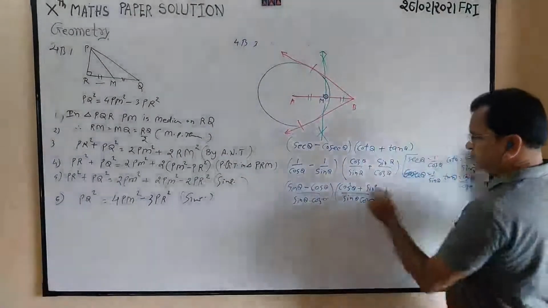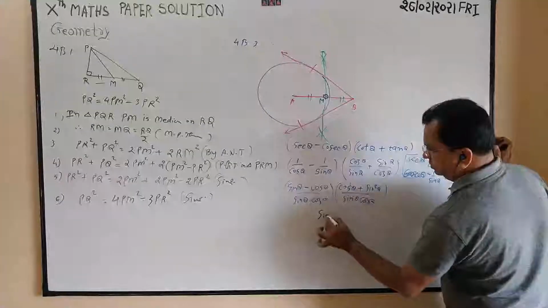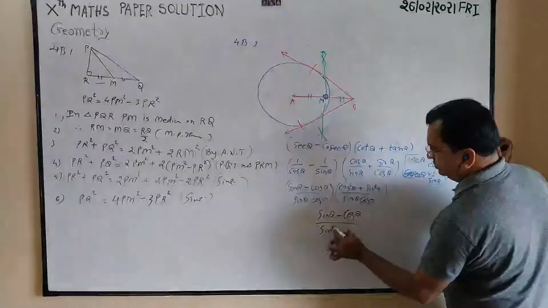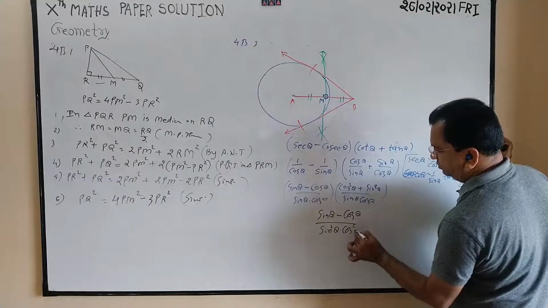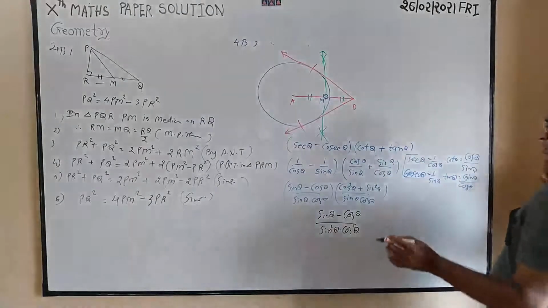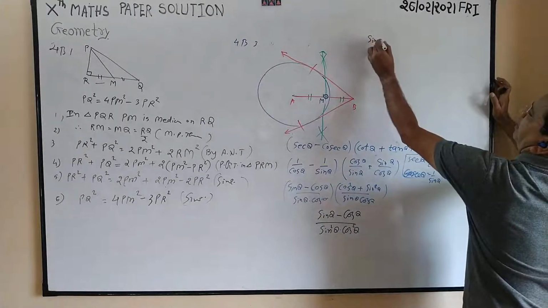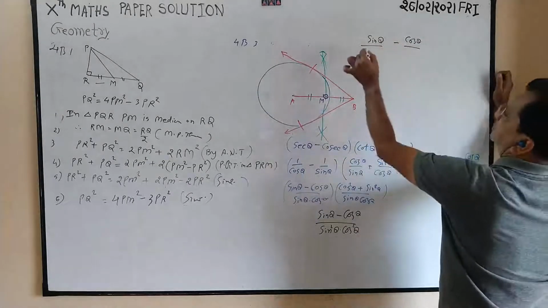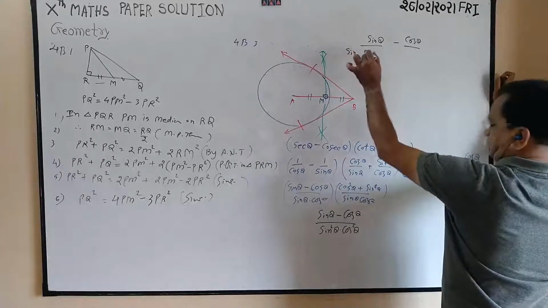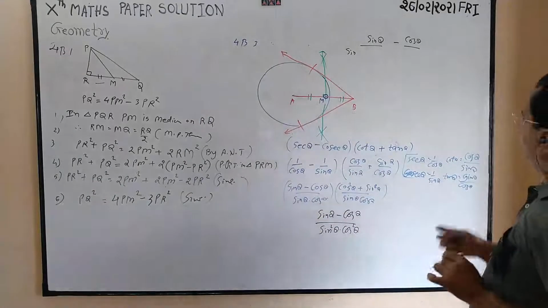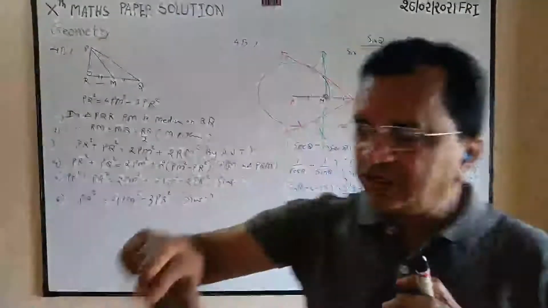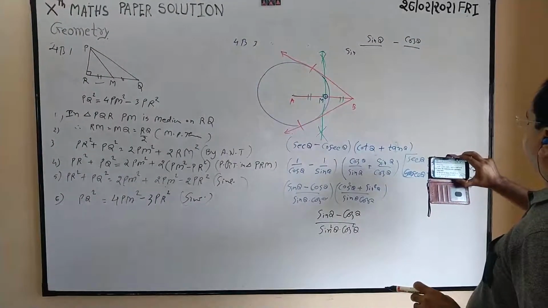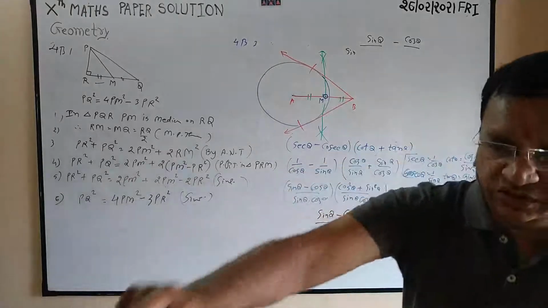So finally you will get the answer as, this is 1. So sin theta minus cos theta divided by sin square theta cos square theta. Now separate division by equal ratio theorem, sin theta minus cos theta. That is, let me check what is the question. Sec minus cos it was, sorry.